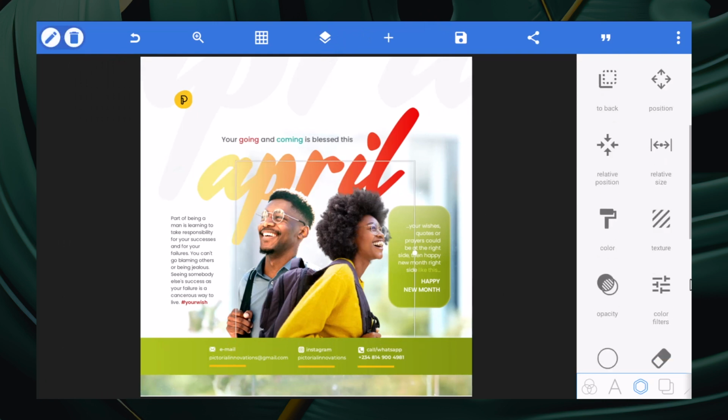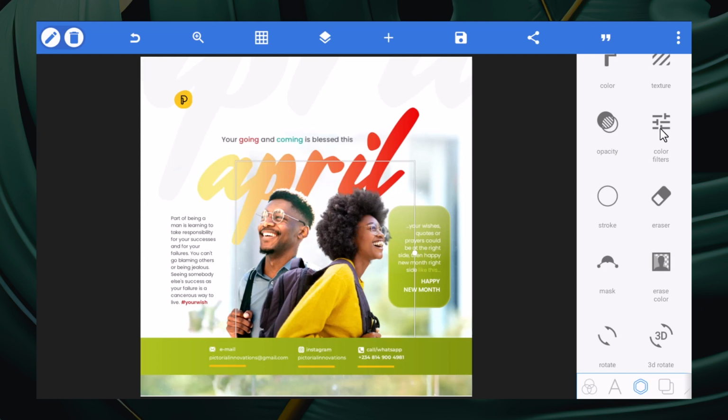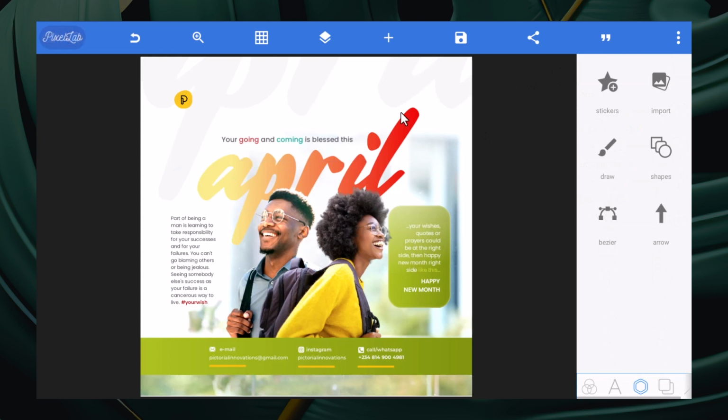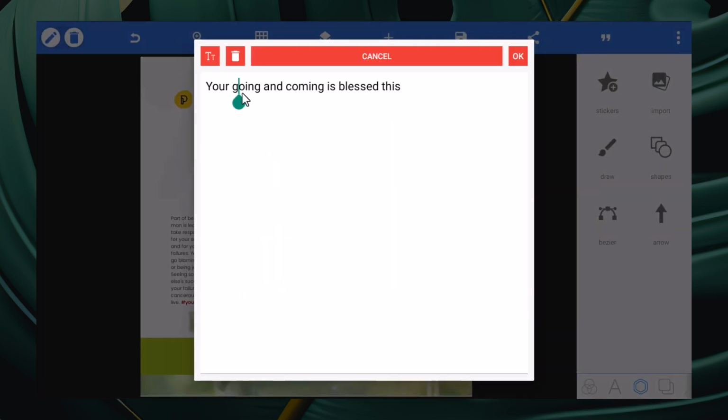You can go to color filter and just increase this, desaturate it a bit, anyhow, just to make it blend. Desaturate it and be checking what you are desaturating. Then you can increase the brightness a bit, and the contrast can do something like this just to blend. Then click OK. If it's okay, you can even click on this and still change it to something like welcome